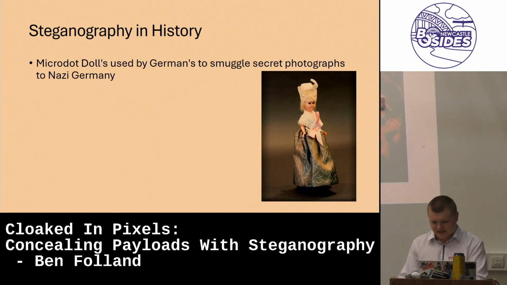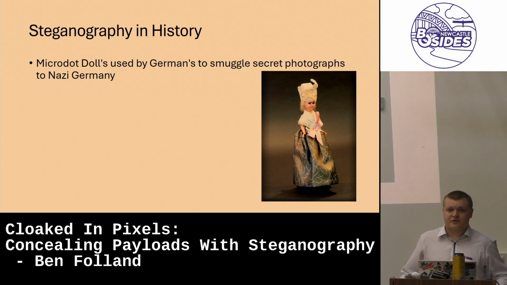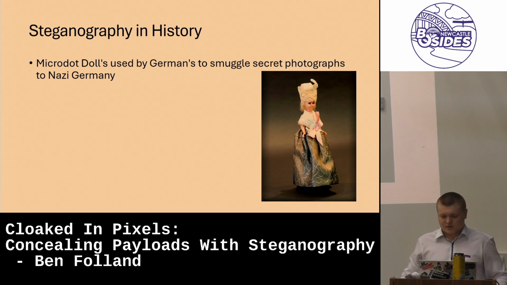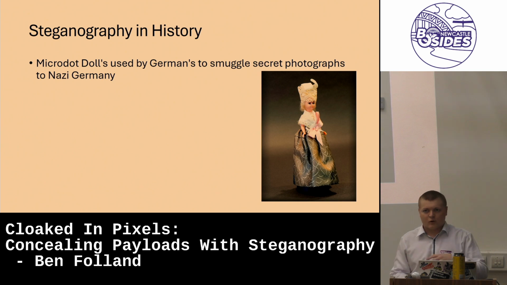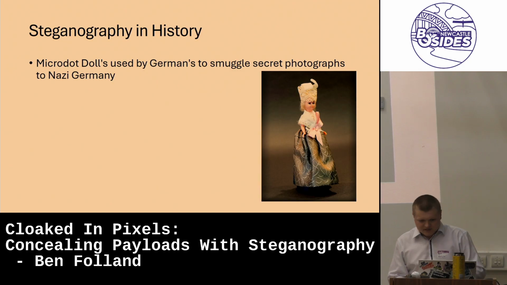Going forward a couple of thousand years, we get to Nazi Germany. Nazi spies used microdots on benign objects to smuggle espionage information. So what is a microdot? A microdot is a tiny photograph or a text document which is reduced to the size of a dot, sometimes as small as 1 millimeter. A fancy contraption of lenses is used to downsize a regular document onto a dot on a benign object, and then they could only be read with a microscope